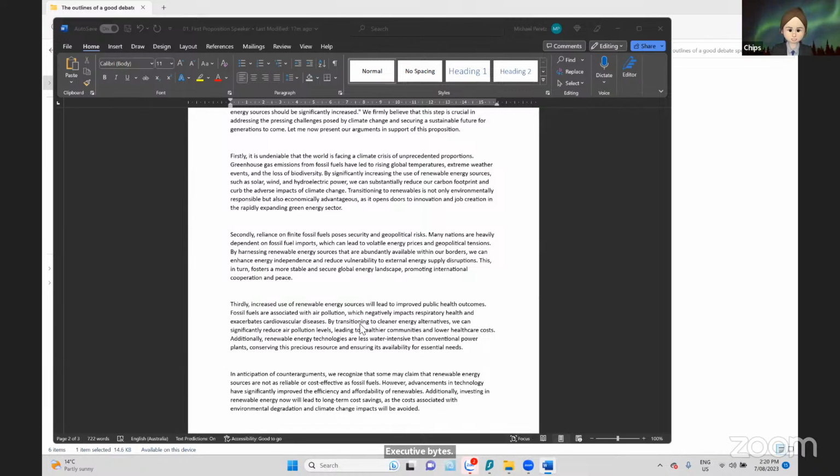By transitioning to cleaner energy alternatives, we can significantly